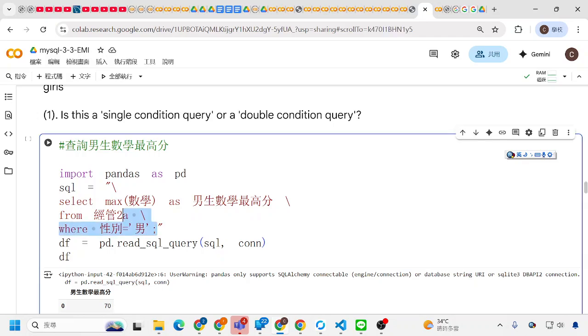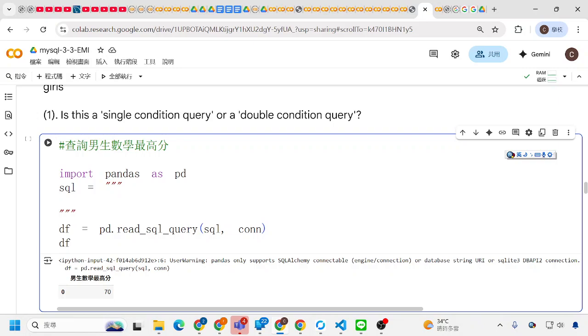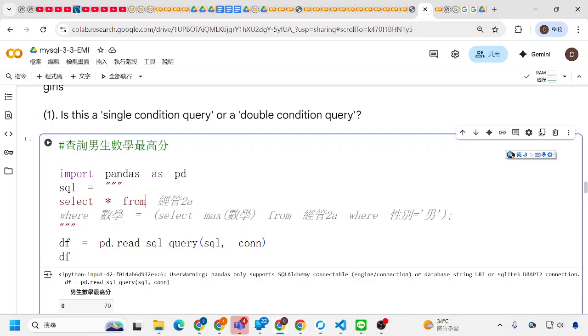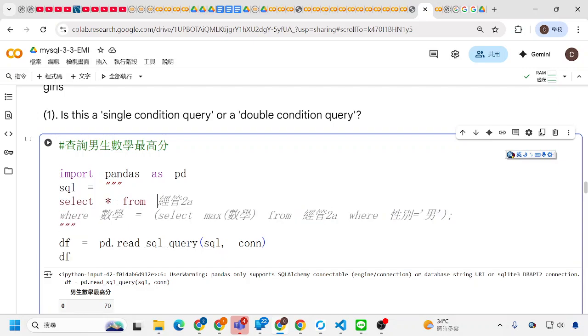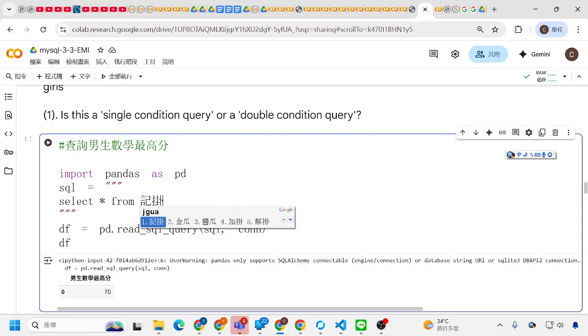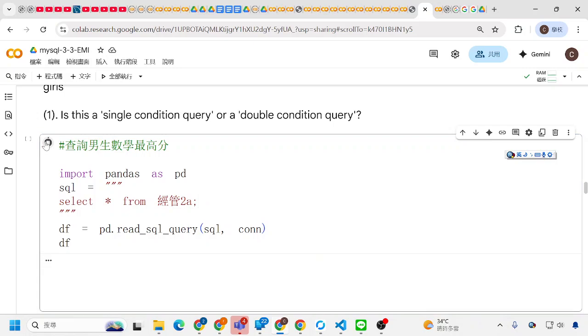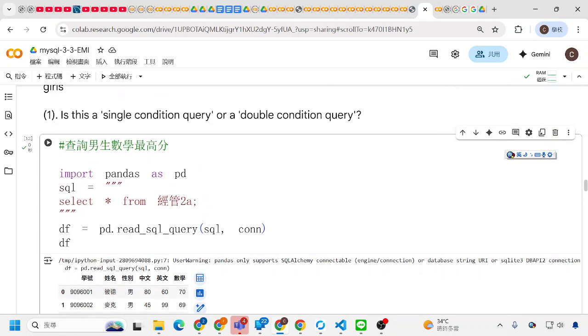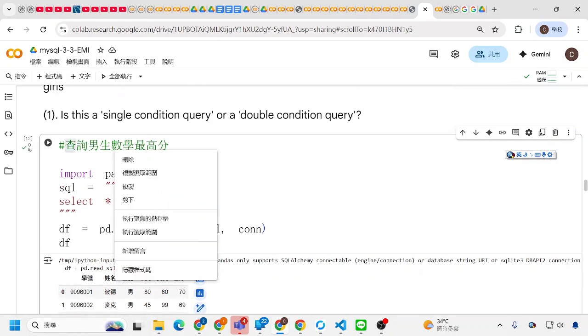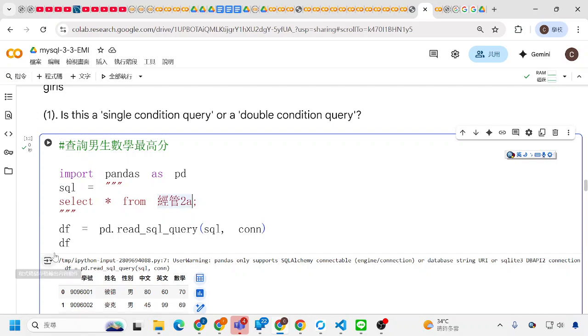So I write a command first, and don't forget to use this. Okay, I select star from 尽管 2A, and then I find the highest score, right? The boys. So I use the where